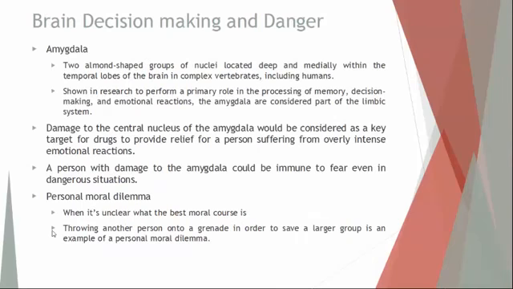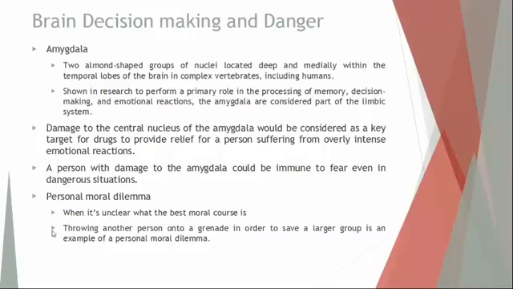Okay, the next topic we'll go over is decision making and danger. A key structure of the brain that's involved with decision making and being able to recognize what is dangerous is the amygdala. Now, the term amygdala is a singular term. Amygdalae would be plural, because there are 2 of these structures. They're about the size of an almond, and each one is deep within the temporal lobe in higher evolved vertebrates such as humans.